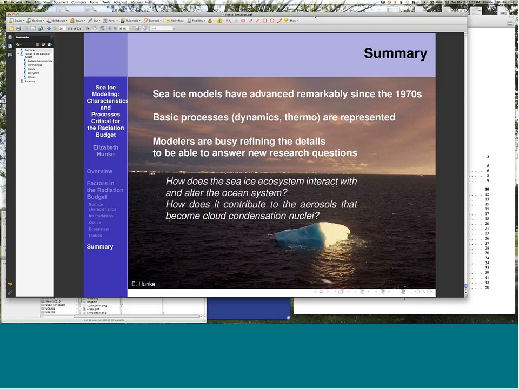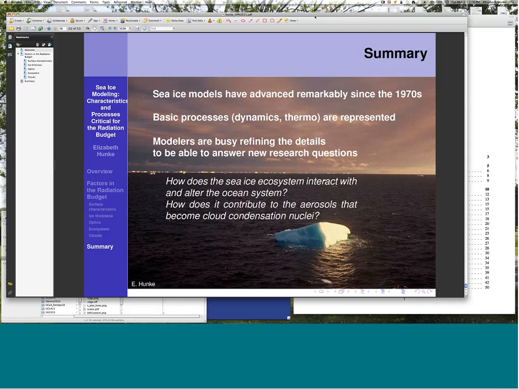So I have a question. Go ahead. Based on your scheme, the ice growth and retreat have two processes: one is thermodynamic, the other is dynamic. Is there an easy way for you to distinguish the two processes? I mean, how much the ice grows due to the thermodynamic and how much due to the dynamic process?